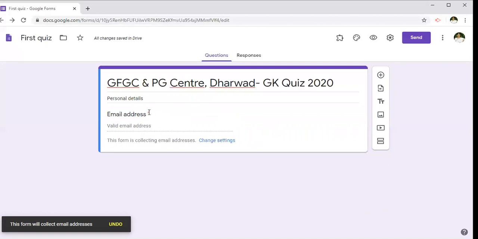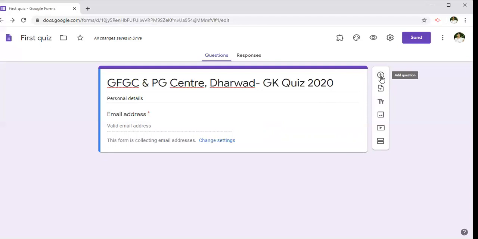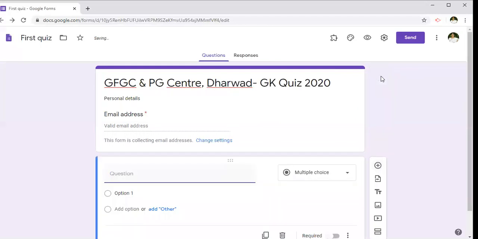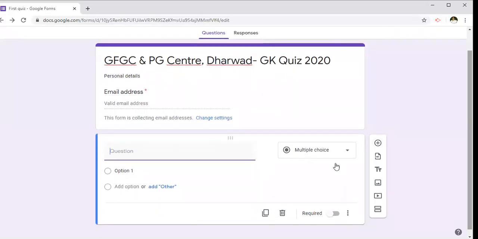So when there is a red mark here, it indicates that it is mandatory or compulsory. The candidate has to enter this option. So for adding the next question, we have to click on this plus button or add question. So if we click on that plus button, the next question will appear.